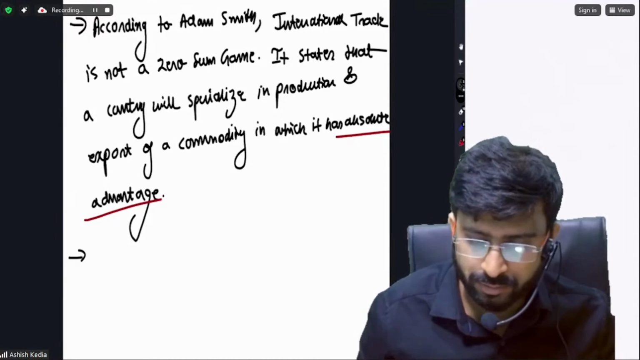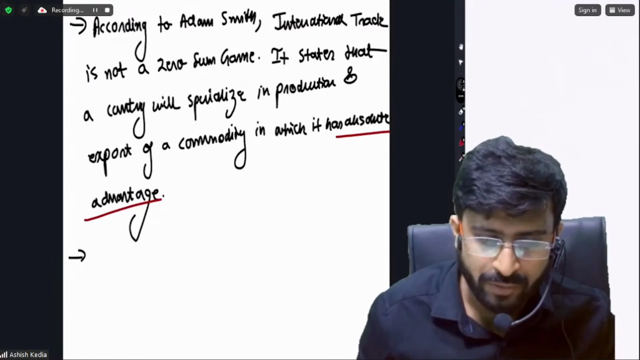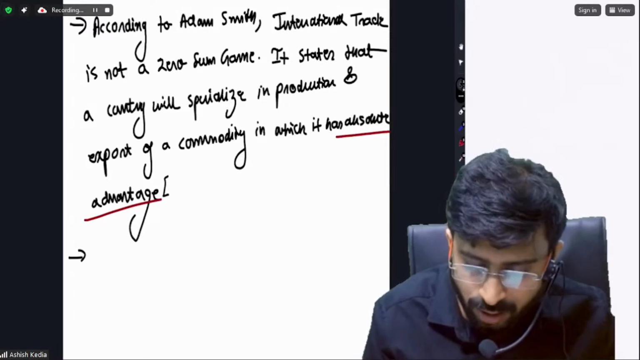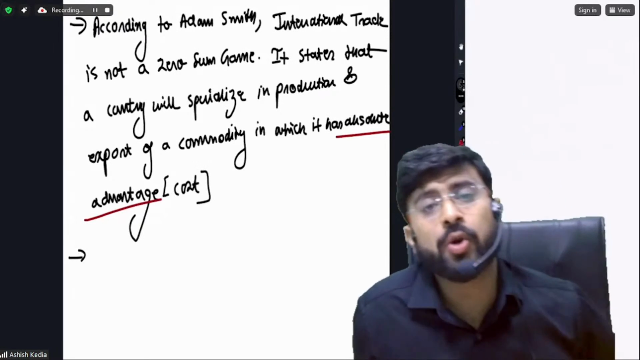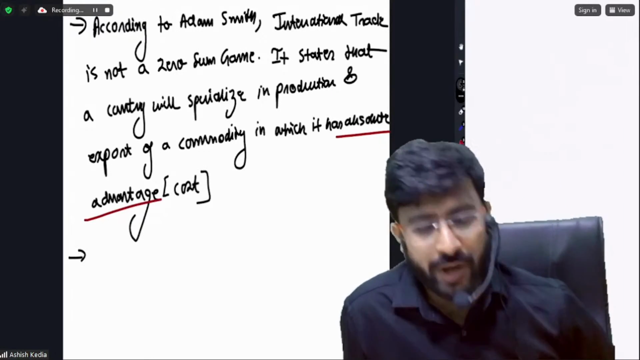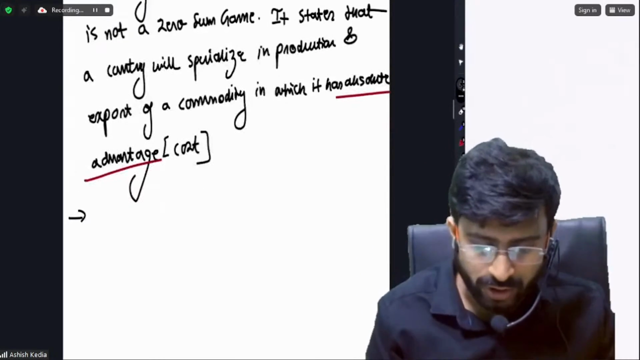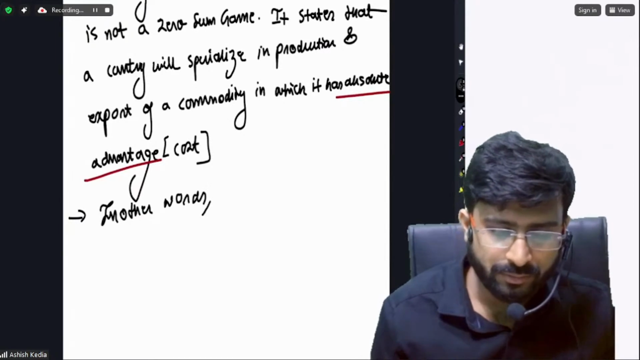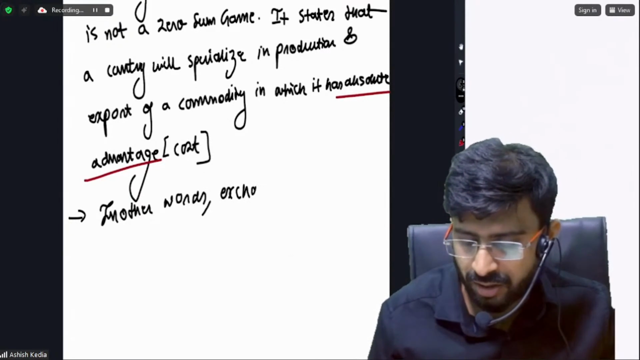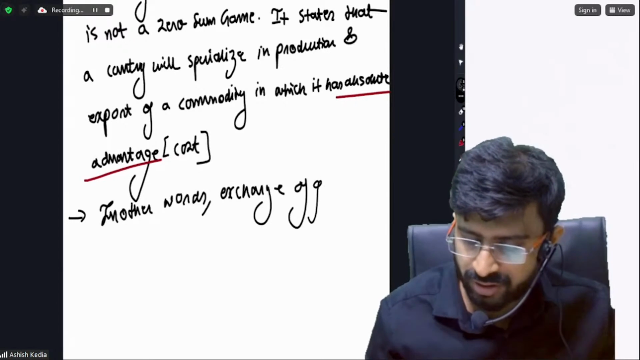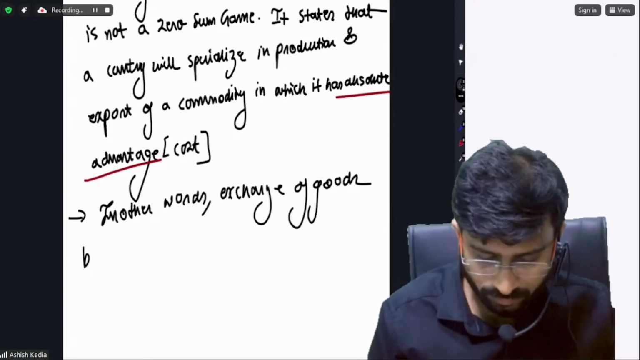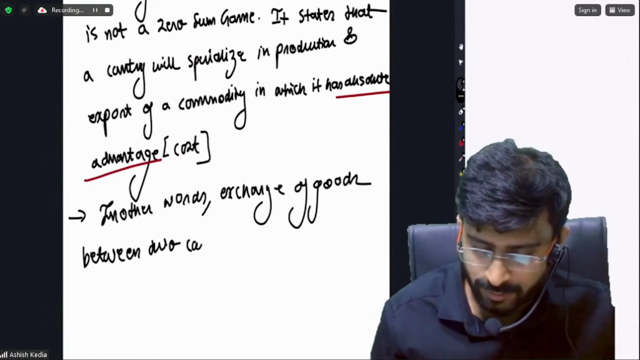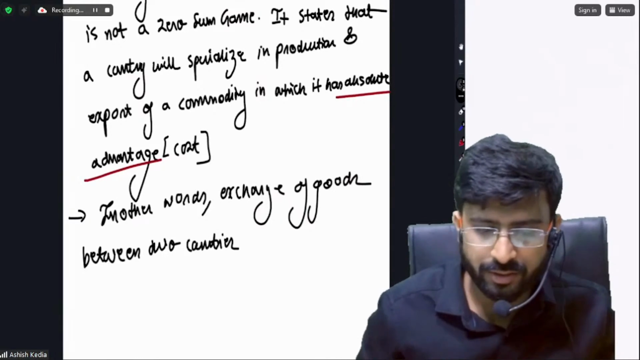Now, let's talk about this. What kind of advantage? Cost advantage. Absolute cost advantage means my production cost is low. So in other words, exchange of goods between two countries